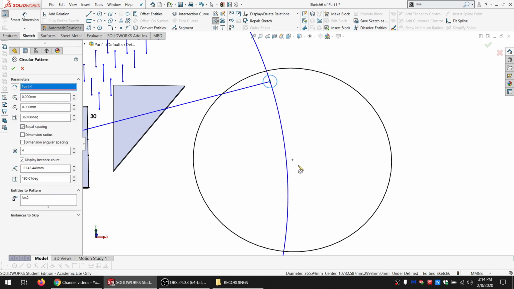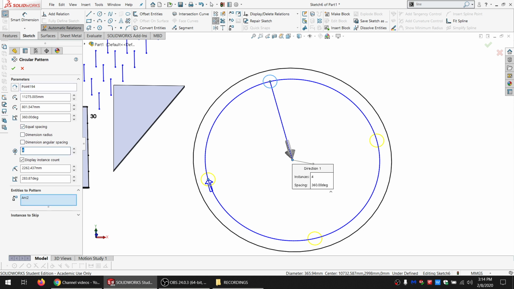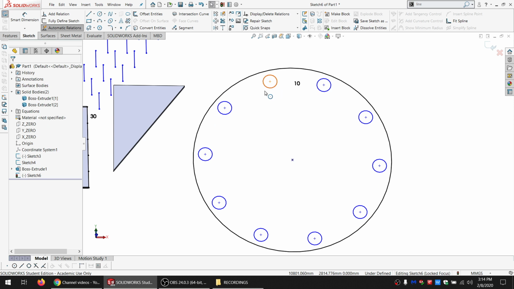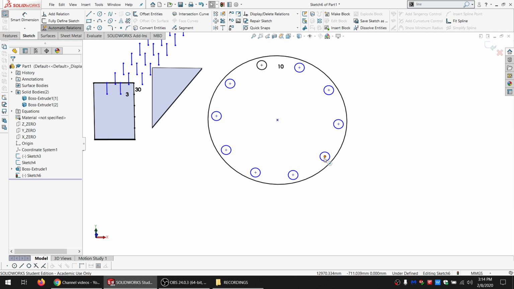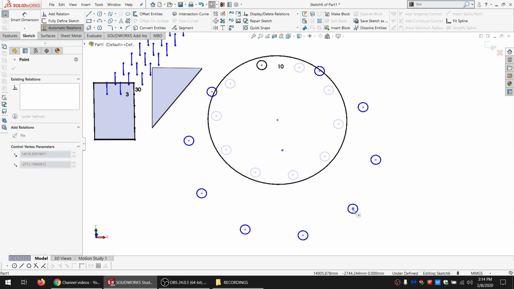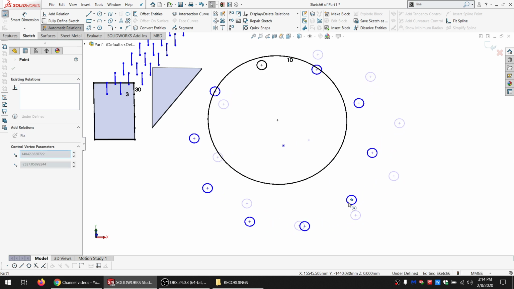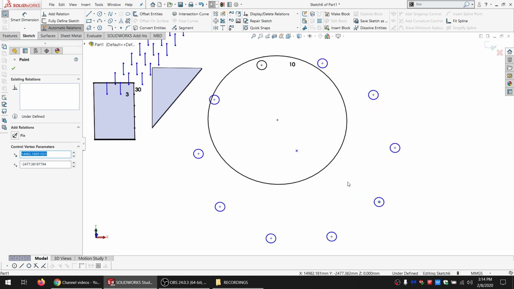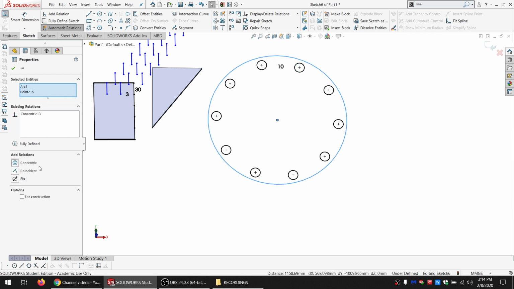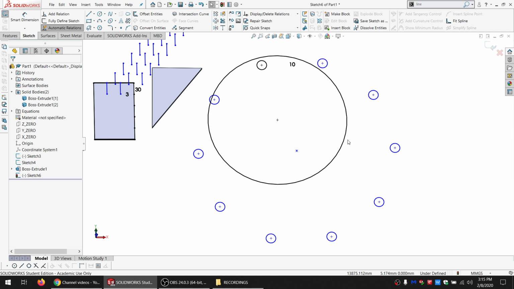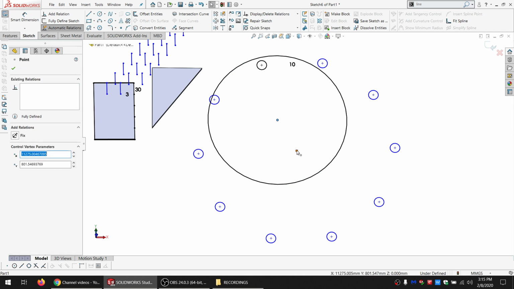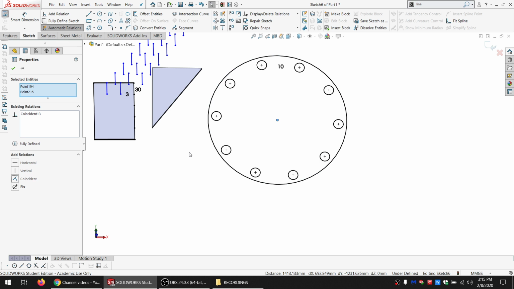So again, we're going to select the center point and make 10 of these and click OK. And if I fix this original one, well, these are still not fixed. Sometimes they will if you do things in a particular way, but normally this pattern won't be locked down. So all you have to do is drag it out, select the center of the pattern, and make a concentric, or else you can select the point that you originally clicked on and make it coincident, then it's locked